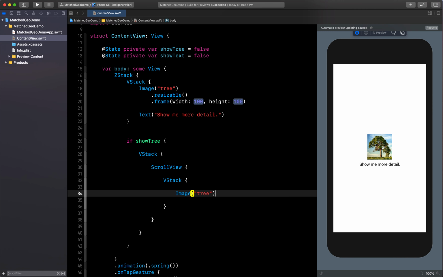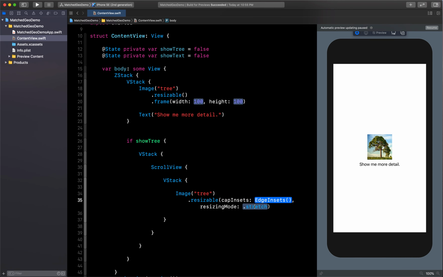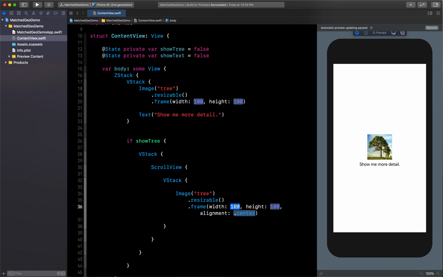So let's create this, dot resizable. Again we don't need this, so let's remove it. Then add frame. This time we will add different frames, because we want it a little bit bigger when it zooms, so let's add 300 by 300. You can add anything. So let's remove the extra code.